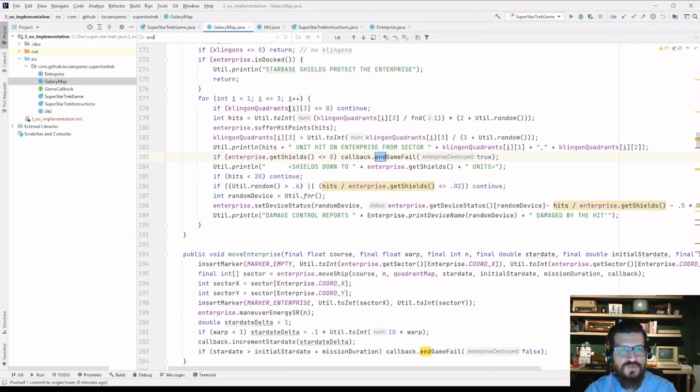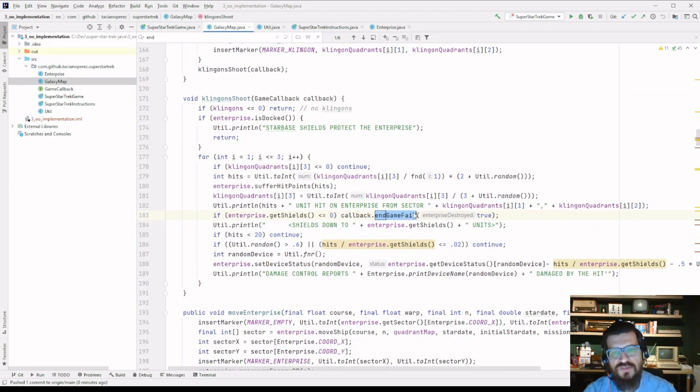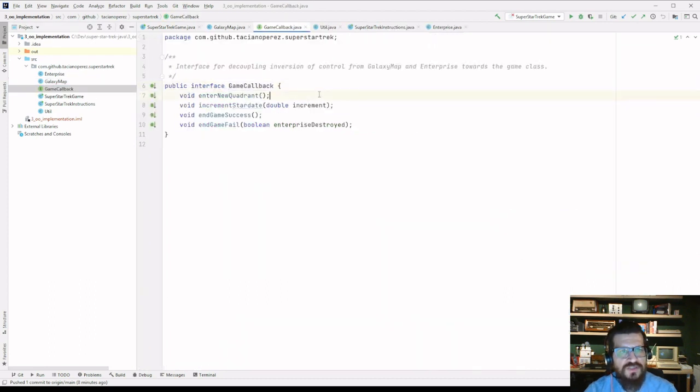But you have, for instance, some end game scenarios that you can only calculate from within these methods. For instance, when the Klingons are shooting, it may be that you just run out of hit points, and then your game ends. So what I'm doing here is that I have this interface called game callback, and this has only 4 methods